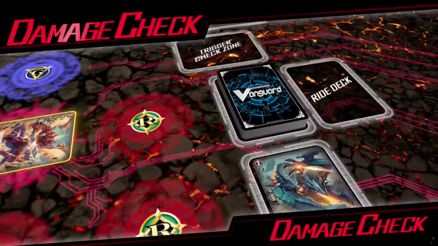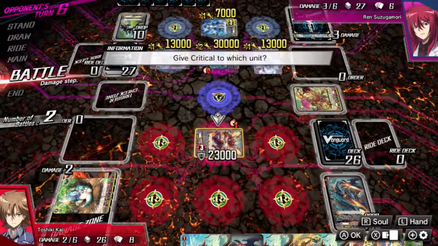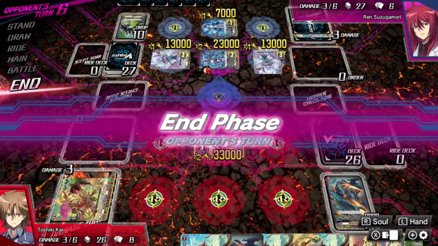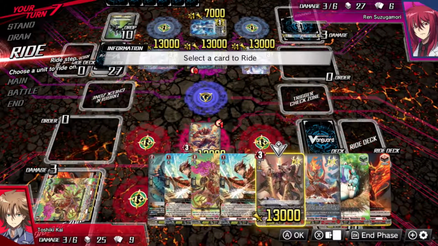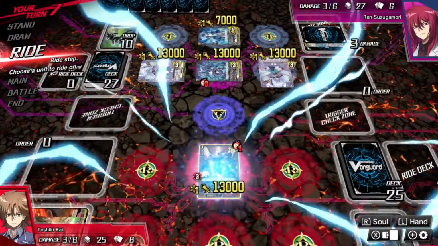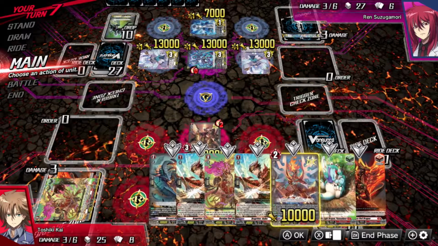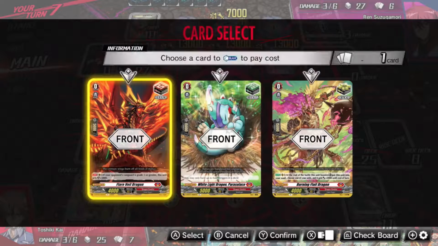that'll shut down his last rear guard attack. And then we get a crit trigger on top of it, but it's pretty much wasted. Alright, so now we can cross ride into Dragonic Overlord the End. So then we'll go ahead and call Burning Horn again from our hand